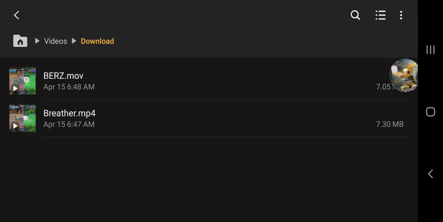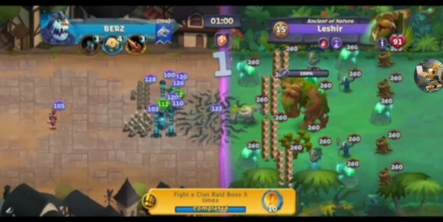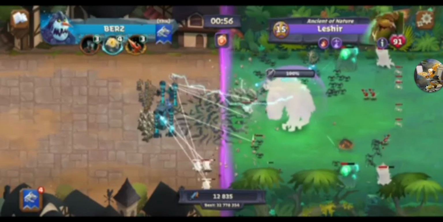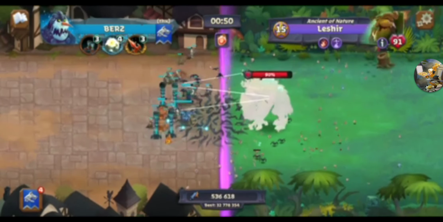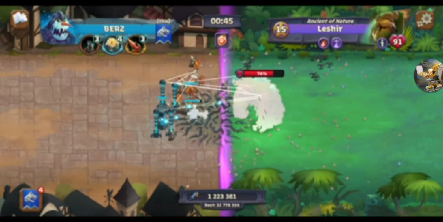Let's have a look at Bears. Bears? I don't know. It's one or the other. Alright, so this is Burrs. He's got kind of a similar range setup to what I was running recently, except for he's got the Reno in there. Again, I think there's just a lot of leech in there to keep everything topped off,